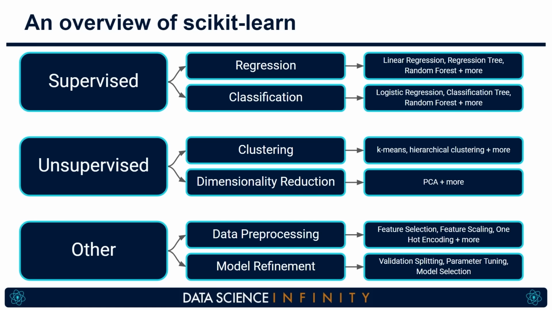So, what can we do in scikit-learn? Here I've created a bit of a map showing what scikit-learn contains. There are algorithms designed for supervised learning tasks, and this includes those suited for regression problems, algorithms such as linear regression, regression trees, and random forests, which is what we will be building very soon, as well as many others. Algorithms for classification problems are covered, including the common ones like logistic regression, classification trees, and random forests again, as well as many other algorithms for these tasks too. For unsupervised learning problems, we've got clustering algorithms such as k-means and hierarchical clustering, as well as algorithms suited for dimensionality reduction like PCA, or principal component analysis.